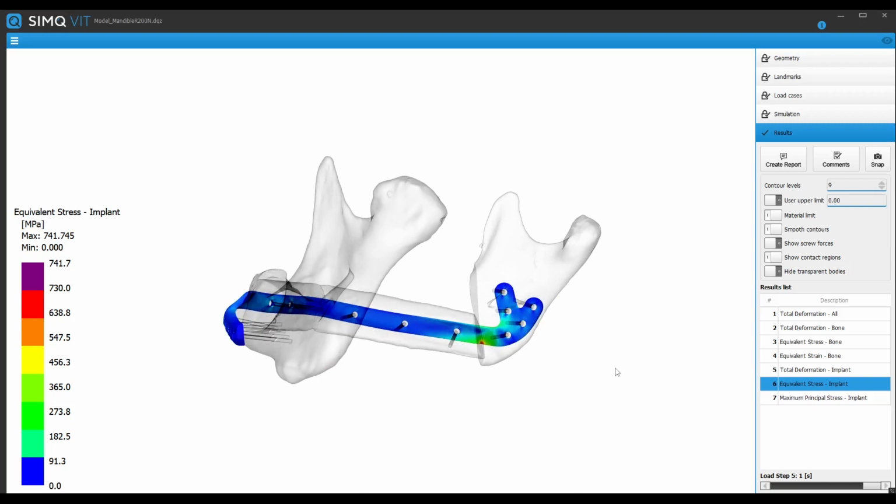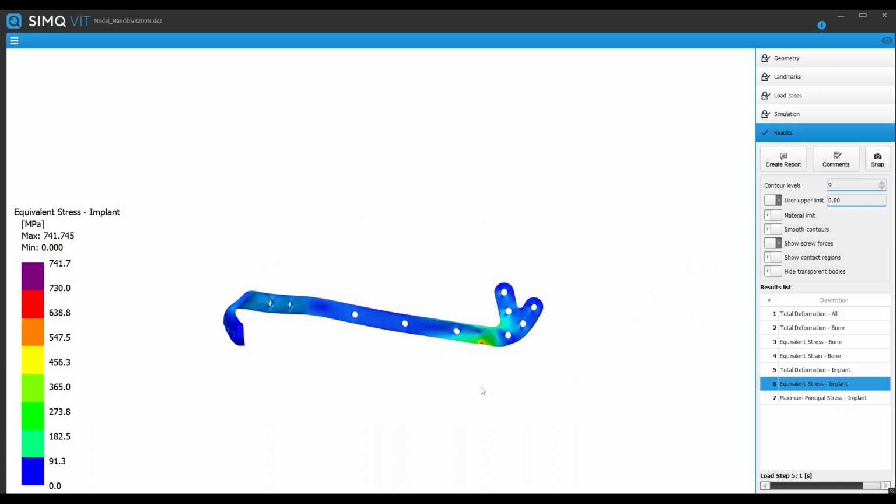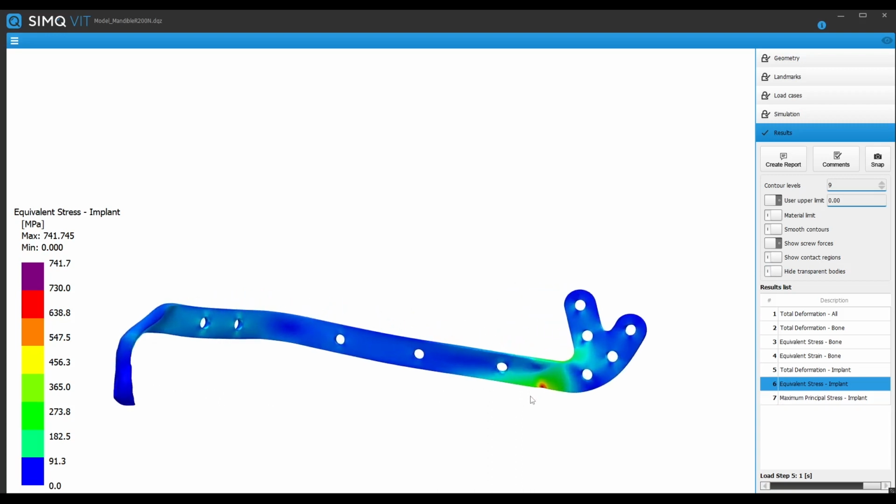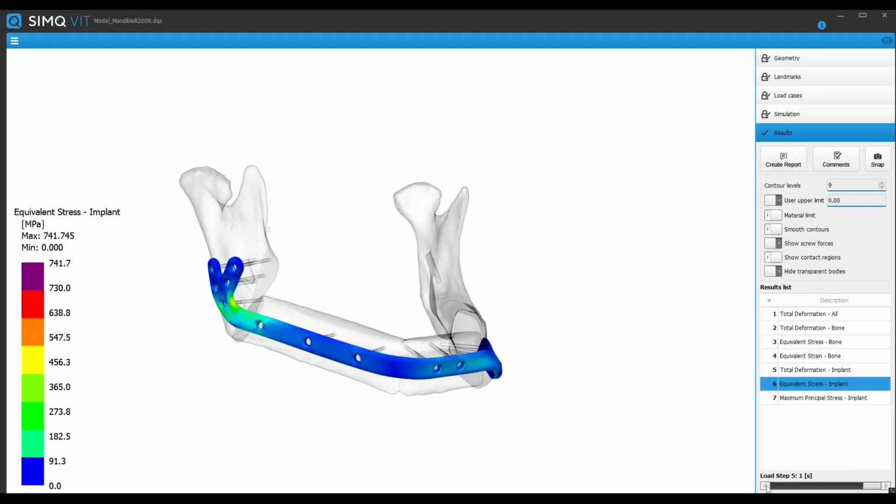When looking at the implant from behind, you can see that there's an area that appears slightly darker. It looks a bit stressed. We click on that and we can see the exact measurement in megapascal, so we're getting pretty close to that maximum. You can see from the load steps that the implant is taking the majority of the force on the